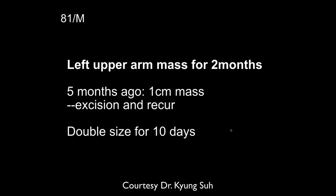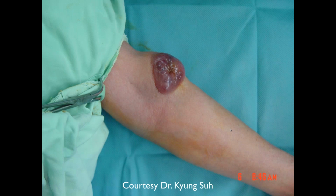So here's an 81-year-old male with a left upper arm mass for 2 months. 5 months ago, there was a 1 centimeter mass. It was excised and recurred, doubled in size in 10 days. That's pretty quick. So here we have a photograph of the patient's arm with this kind of fungating mass